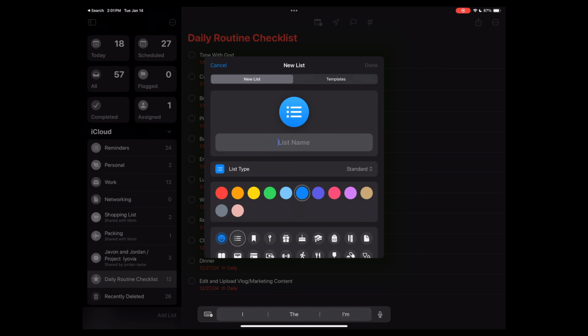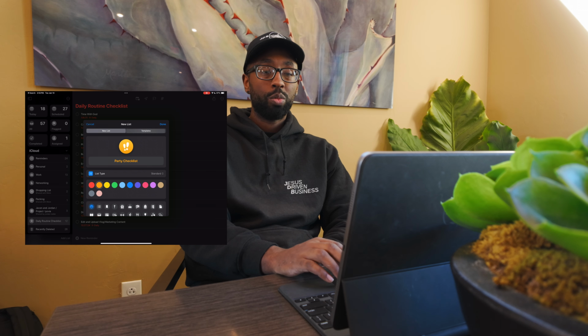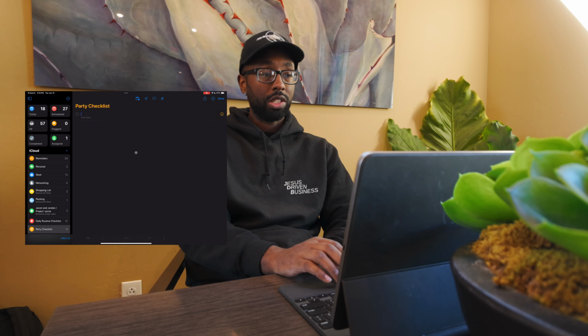Now, if I want to start a new checklist, we can call this checklist the party checklist. Then all I need to do is just that, right? Add list, party checklist. I can also change the color. I can also change the icon if I want to do that for some reason. There are also templates that you can save and create yourself. We may go over that in another video if there's any interest in that. But basically, once our checklist is complete, we can just press done, click on the empty space,